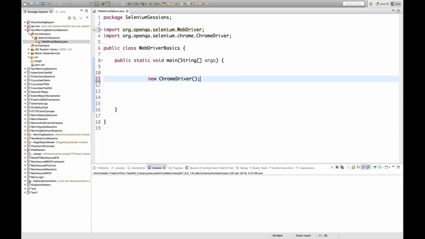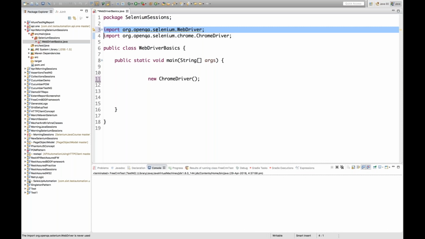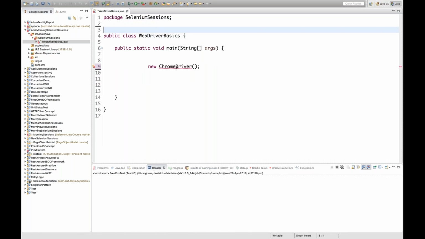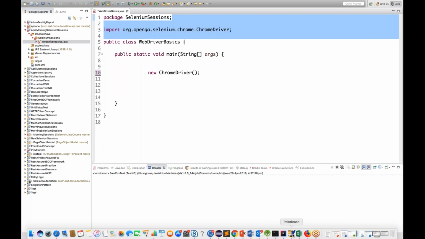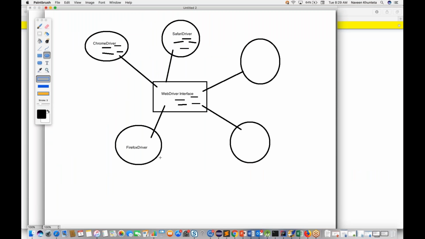Okay, I want to create new ChromeDriver, and this ChromeDriver is available in Selenium. Let me remove these imports also so that I can showcase. If you see, ChromeDriver is a class, and it's available in Selenium. So just import. But ChromeDriver says that okay, I don't want to give any reference. This is a normal object got created in the memory like this. One object will be created. Let's see, new ChromeDriver, but it's a simple